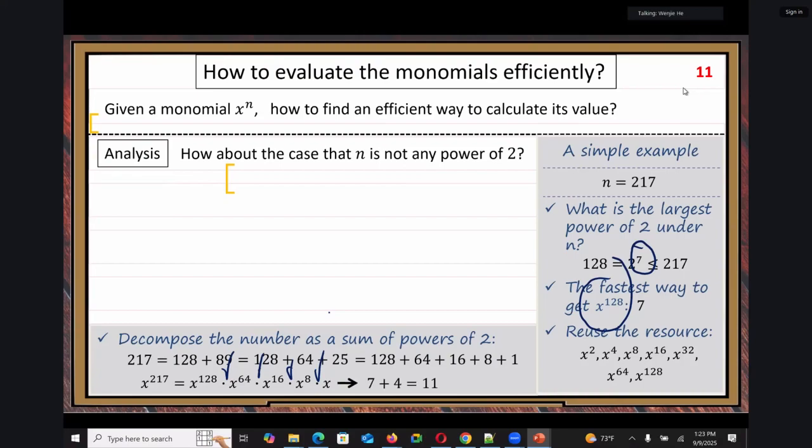11 multiplications. We can find x to the 217th monomial. So for a general number, you use this way. But another view, because we need to look at the view. Another view,